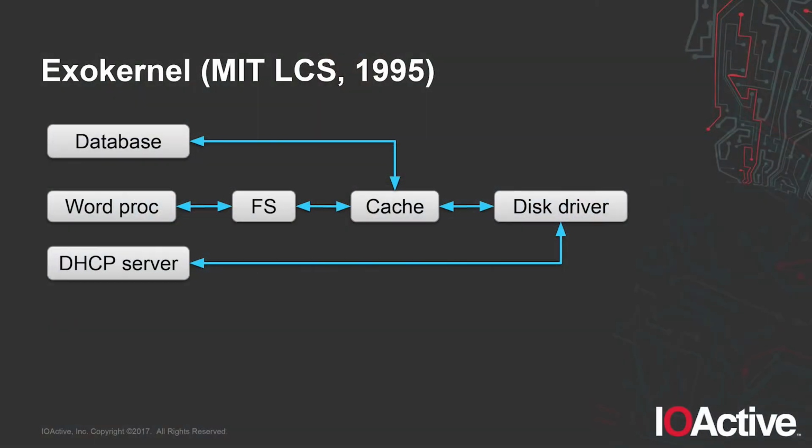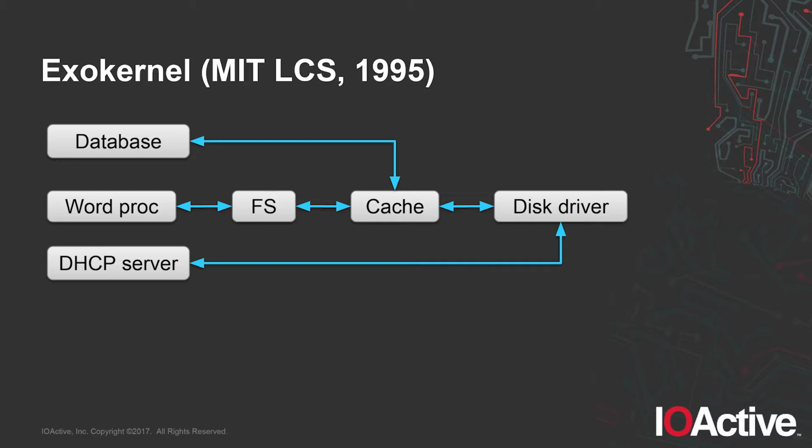And so this gives an example of what an exokernel could look like. We have a database application that is able to talk directly to the disk cache and then to the disk driver. We could have a DHCP server that just serializes leases to disk so that if you restart the server, it knows who had what IP address. There's no reason for it to have named files to do this. It just needs some block of disk it can store stuff in.